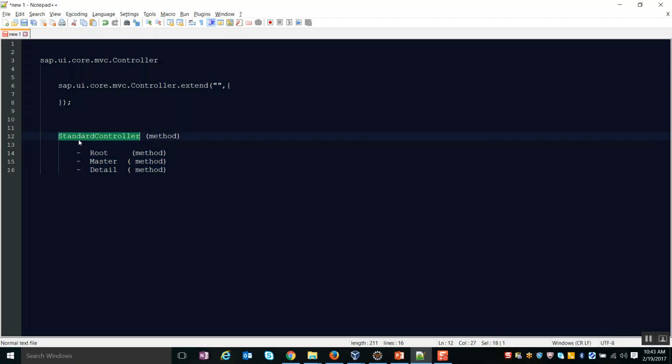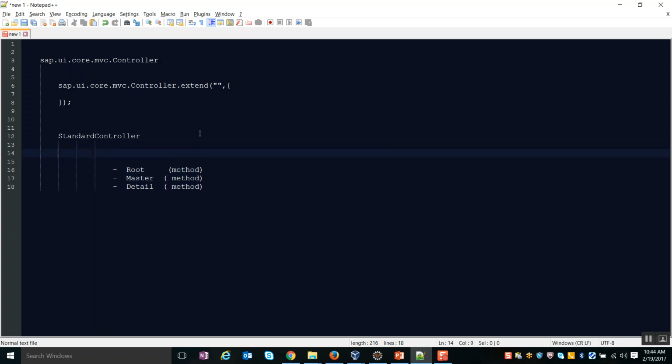But when I'm directly going to inherit from the standard controller, this is something that I won't be able to achieve. So what I'm going to do is I'm going to inherit my own controller, which I'm going to have as a base controller for me, where this is going to be the controller which is defined by me. And from the standard controller I will inherit and create the base controller, and all the views that I'm going to develop as a part of my application, I'm going to inherit and develop from the base controller, so that whenever I wanted a reusable method, I can define this reusable method over here as this piece of controller logic belongs to me.